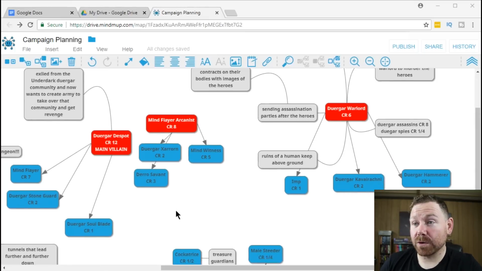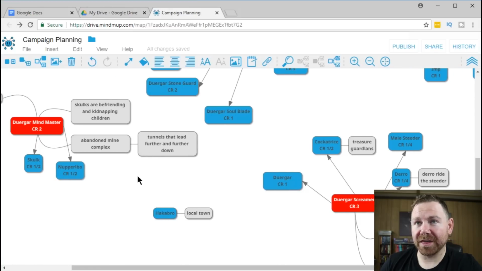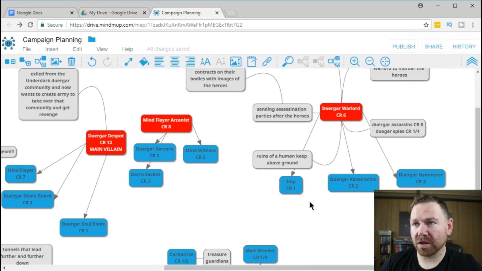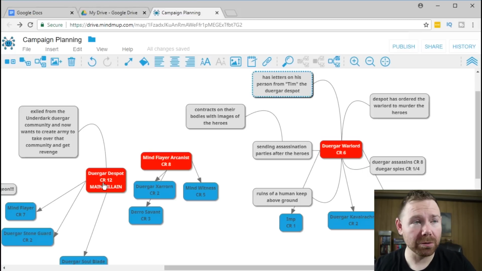Now we already went ahead and laid these out in the order of progression that we think they're going to go through, right? We're going to start with this one here, and then we're going to go to this one, and then we're going to go over to Dwerger Warlord, at which point the next adventure will be the Mind Flayer Arcanist, and then we're going to go into the Dwerger Despot. So the next thing we want to do, we have these set up in the order that we're going to encounter them in,